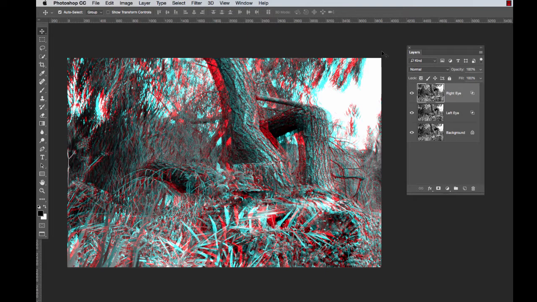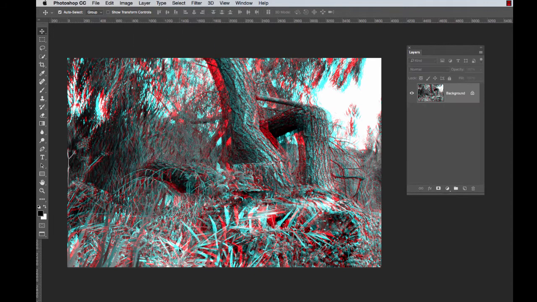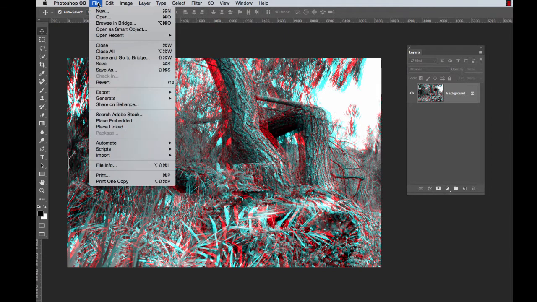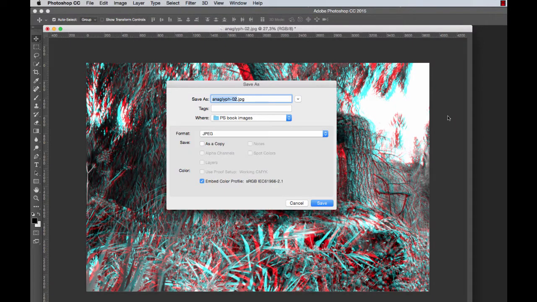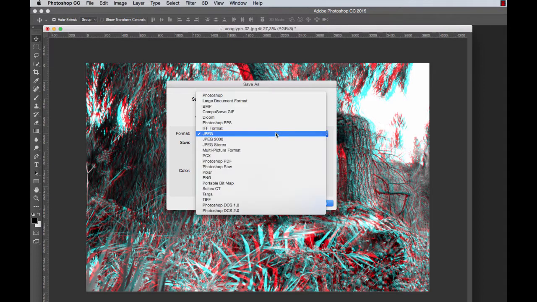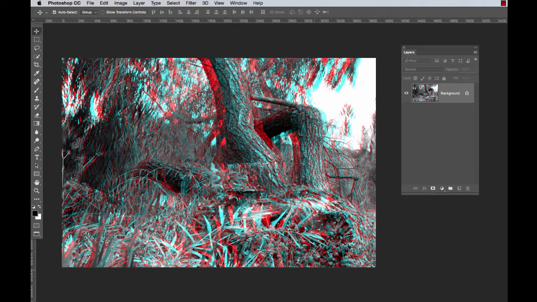In order to save this as a more usable format, we would select Layer, Flatten Image, and we could then go File, Save As, and select it to save in the JPEG option. I hope you've enjoyed watching this video tutorial, and I hope that you get a lot of fun out